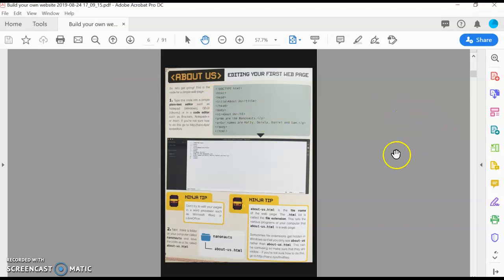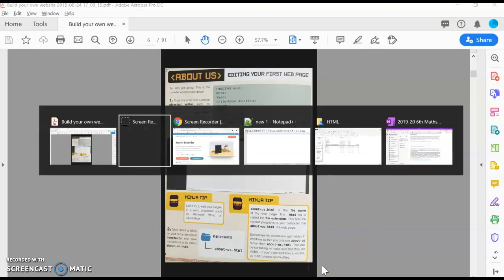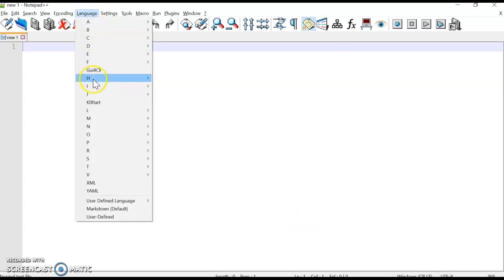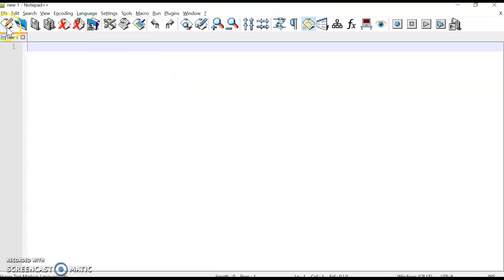And in this book, the Nanonauts are using a notepad or a plain text editor. So what we're going to do is we're going to go to Notepad++ and we're going to create a new HTML page. So our language is HTML and we're going to save this page